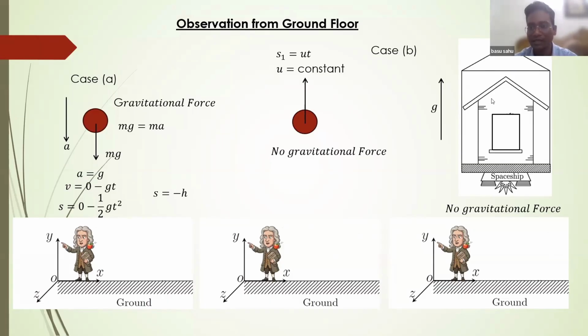But in the case of space shuttle, g is always present, including this person here. And after t time, the velocity of this space shuttle will be v is equal to u plus gt. And the displacement will be given by ut plus half gt square. What about S2 minus S1? S2 minus S1 will be the H. You can see S2 minus S1 is basically half gt square. In both cases, the time taken by the ball to hit the floor will be the same.